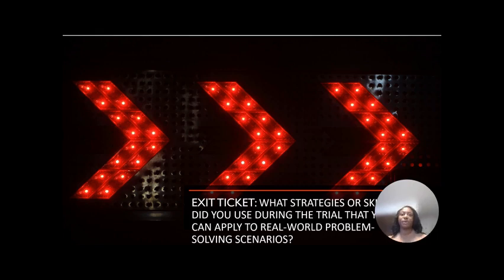So guys, before you dismiss, I want you to complete this exit ticket. What strategies or skills did you use during your mock trial